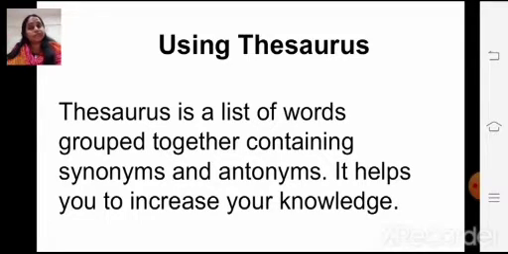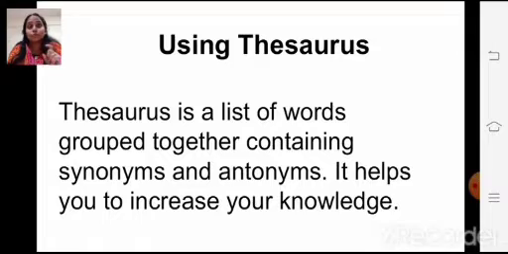Thesaurus is a list of words grouped together containing synonyms and antonyms. You will get a list of words for your selected word, the synonyms, meaning the same word meaning, and the antonyms, meaning opposite words.